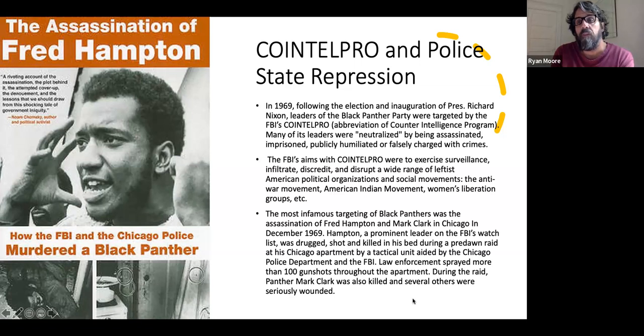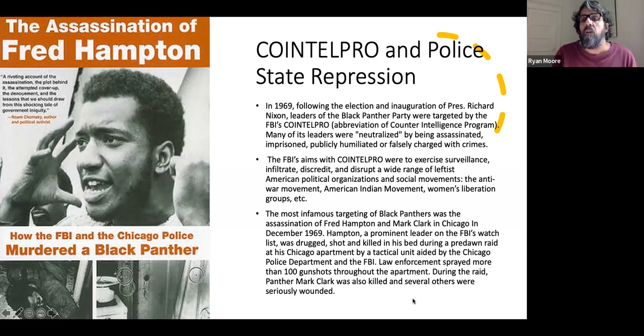He was 21 years old at the time, and had an extraordinary ability to appeal to other young people in Chicago, not just in the Black community, but they were putting together a multiracial coalition, basically the first kind of rainbow coalition, as they called it, that included Black kids from Chicago, but also Puerto Rican kids, and also working class white people from Appalachia, and other people who had moved to Chicago from more poor rural